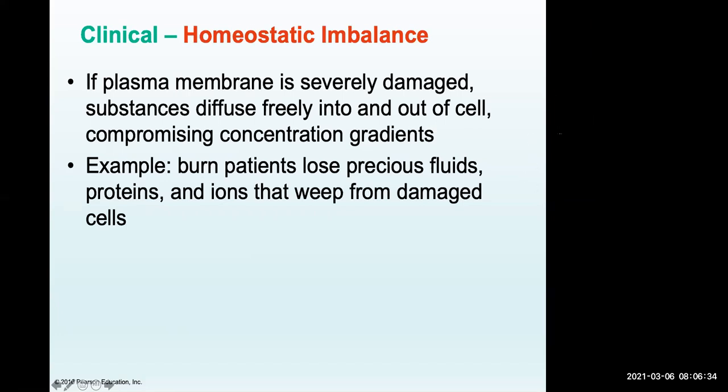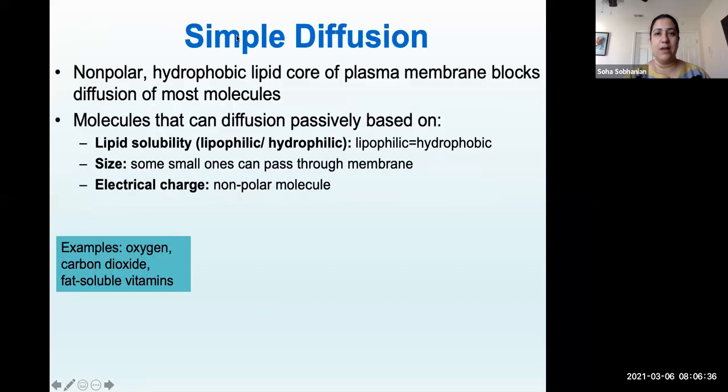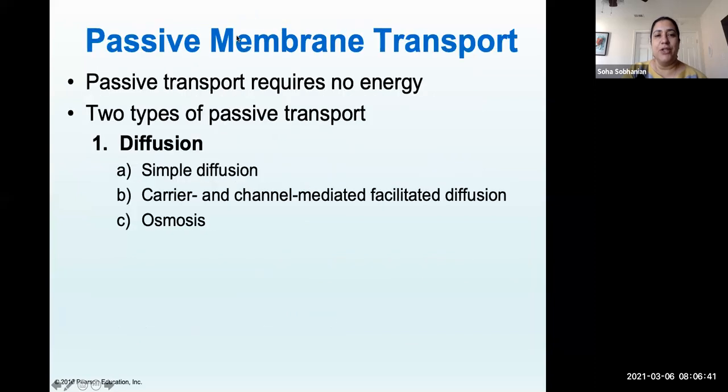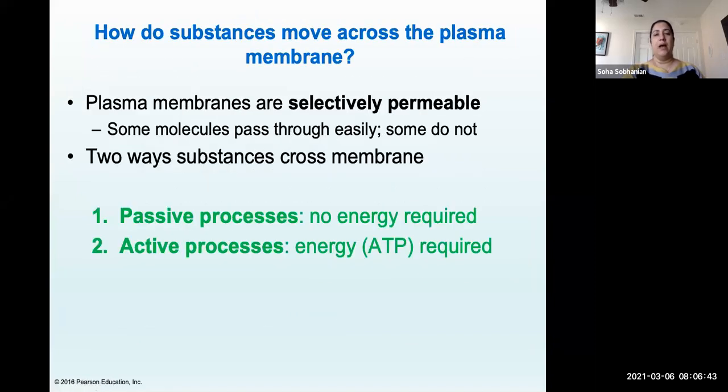So when you're looking at the process of movement across the plasma membrane, one of the first things I mentioned to you guys is: does the process we're discussing take energy, yes or no? If that process doesn't take energy, we refer to it as a passive process. If it does require some sort of energy, which is typically ATP, then it's referred to as an active process. And as far as we got last time was looking at the three types of passive processes,